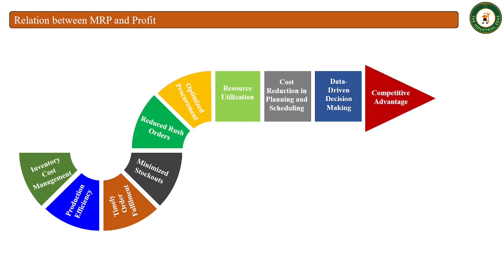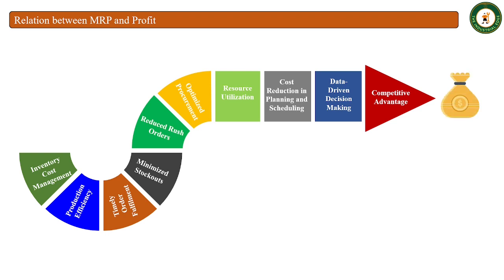Tenth, competitive advantage. A well-implemented MRP system can provide a competitive advantage by allowing a company to respond quickly to market changes, offer reliable lead times, and maintain efficient production processes. This can attract more customers and positively impact the bottom line, and hence we can achieve profit with the help